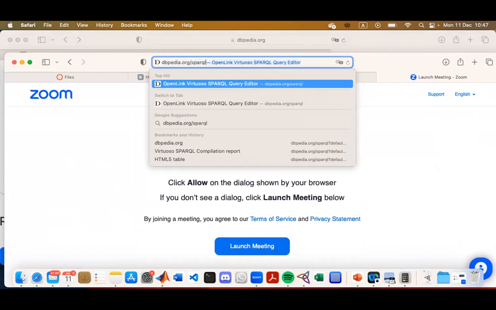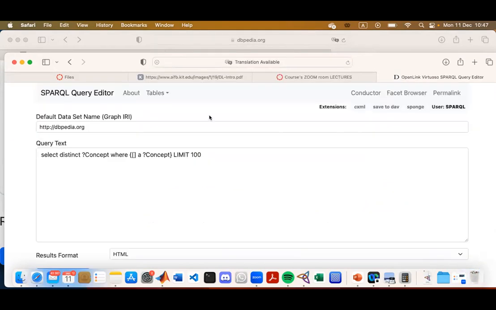This is the search engine for the large ontology of DBpedia.